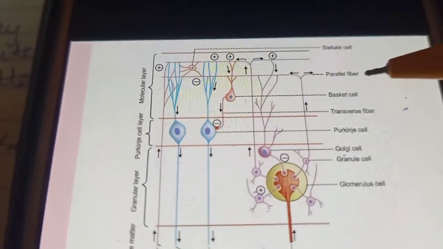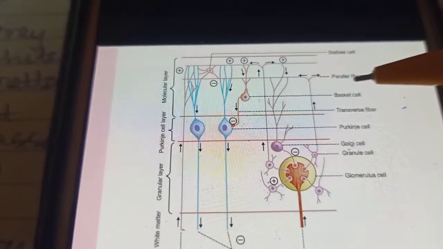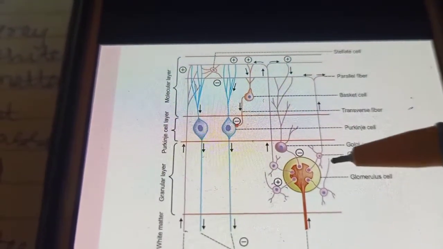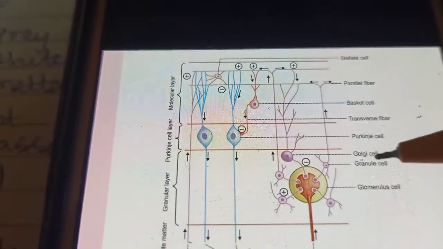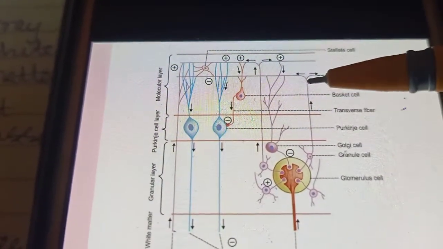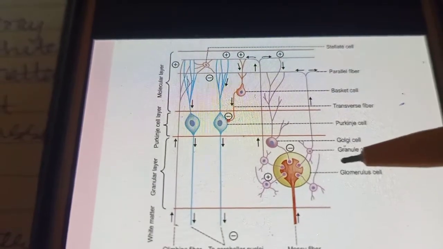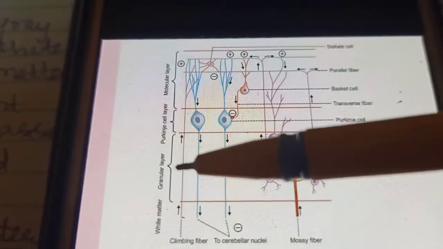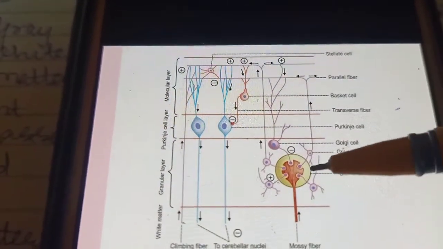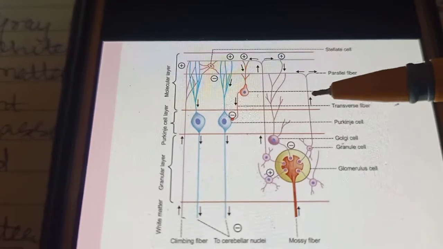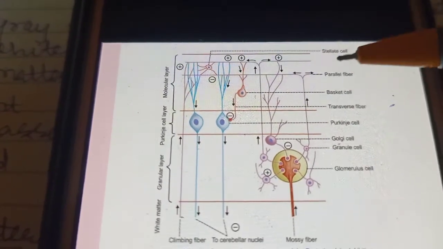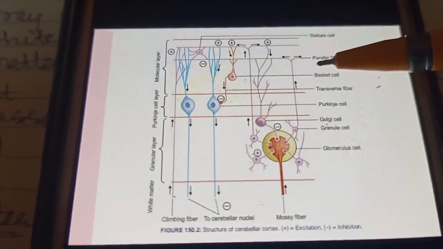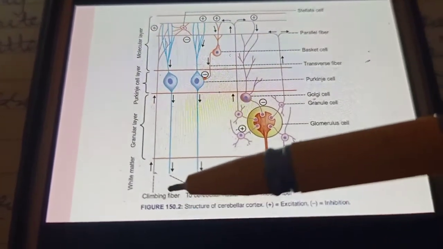The parallel fibers are the axons of the granule cells. So these parallel fibers are the axons of the granular cells. You can see this is the parallel fiber which are the axons of the granule cells. They are present in the granular layer. So this is the granular layer, this is the granule cells which is present in the innermost granular layer, and the axons of these cells reach the molecular layer, and these are the parallel fibers. We proceed further. The terminal portion of the climbing fibers. So this is the climbing fibers.